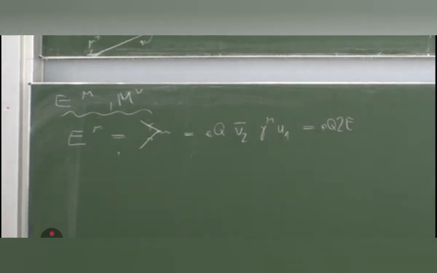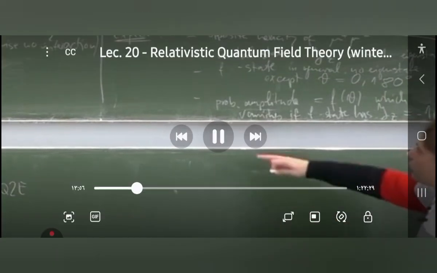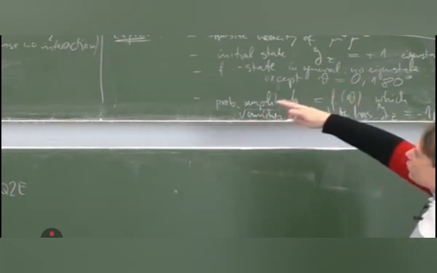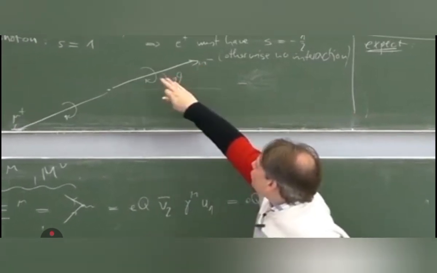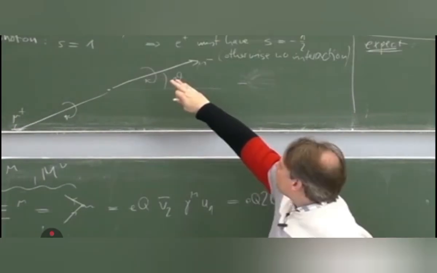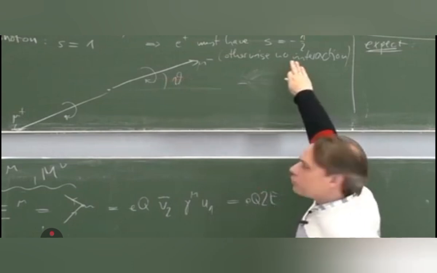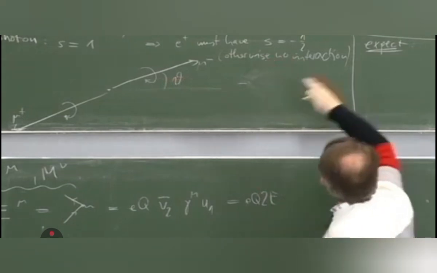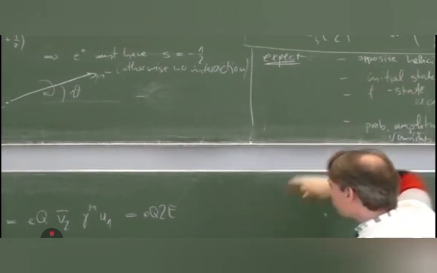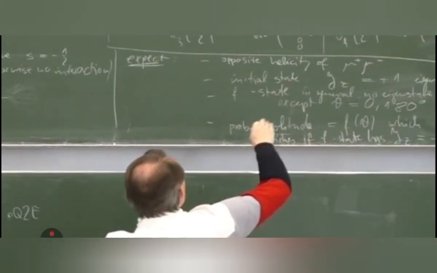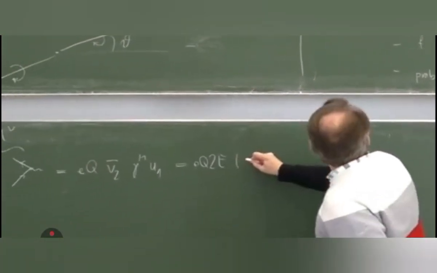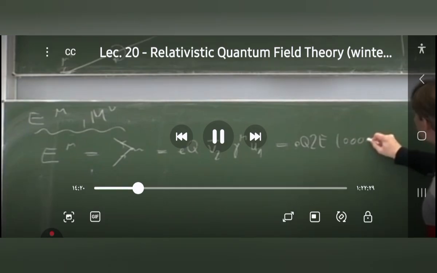And then we can plug in the explicit values of the spinors. We take the non-vanishing situation, where we already know that the electron is in the S equal plus state and the positron in the S equal minus state. So let us write down the explicit spinors for that. We begin with V2 bar, which is 0, 0, 0, 1.